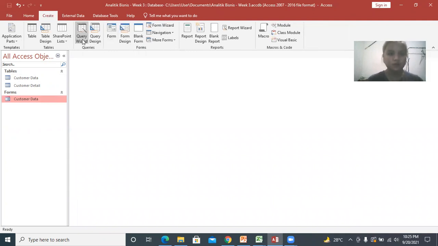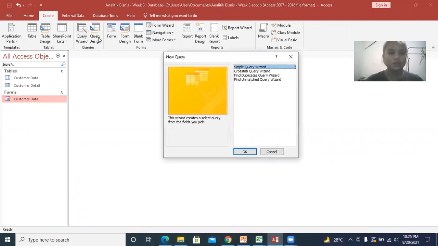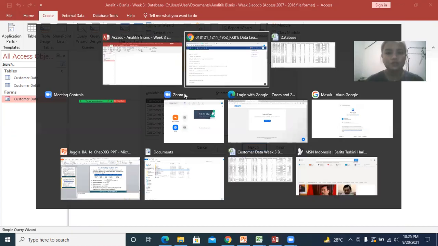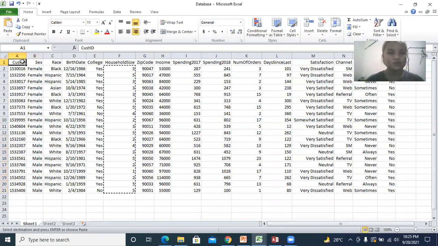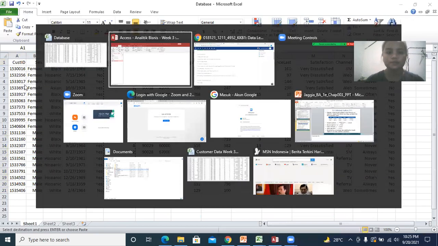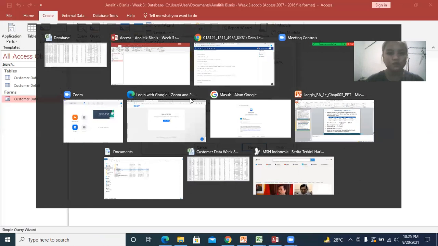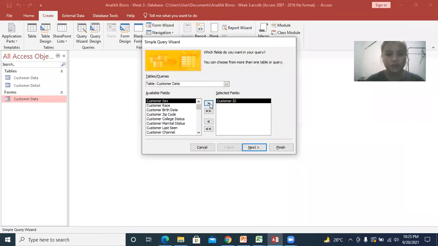Then create query wizard, simple query wizard, and use it with my database. Based on customer data, we're going to choose customer ID first, sex, race, birth date,